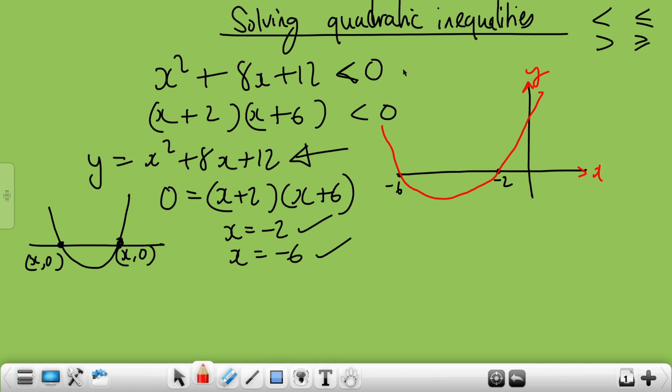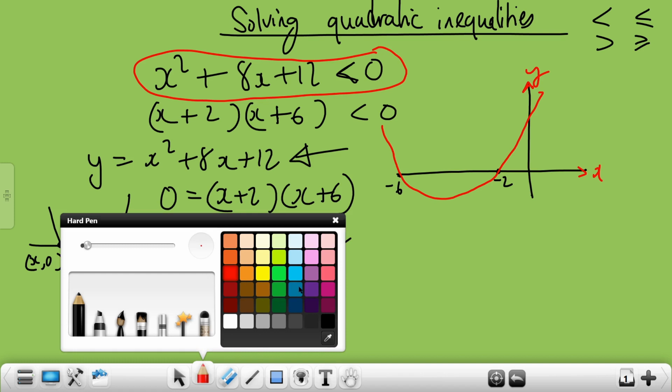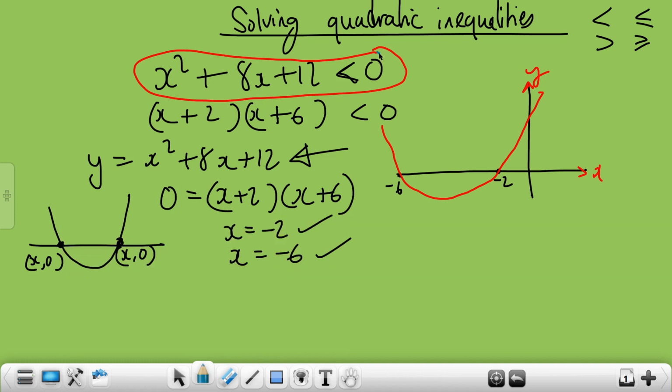Right then, now we need to solve this problem over here. I need to find all the coordinates where all the y values are less than 0. In fact, anything along here, anything below the x-axis, the y coordinates are less than 0, because it's below the x-axis. So what are the corresponding x values? The corresponding x values are between